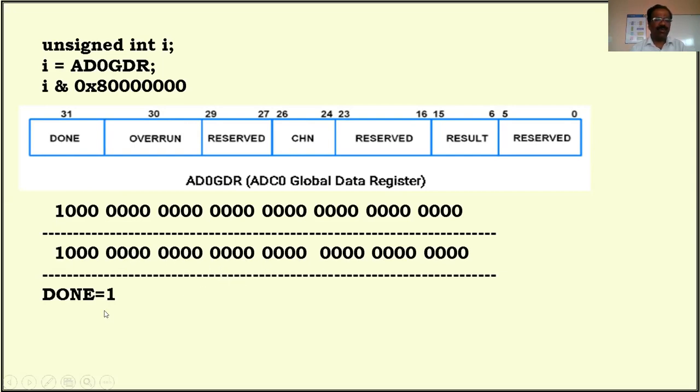If the done bit is 1 and you multiply the content of this register with this masking data, and the result is not equal to 0, the conversion is completed. If the result is 0, the conversion is not yet completed. So we have to monitor this thing by using an appropriate instruction.